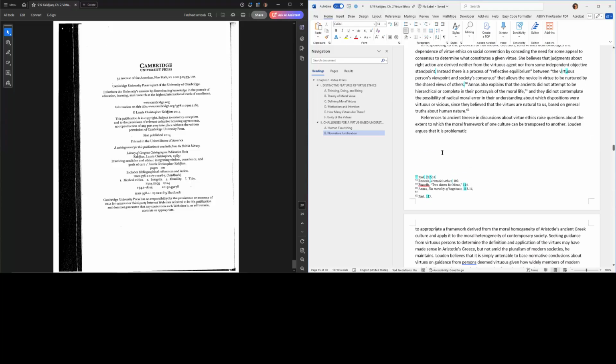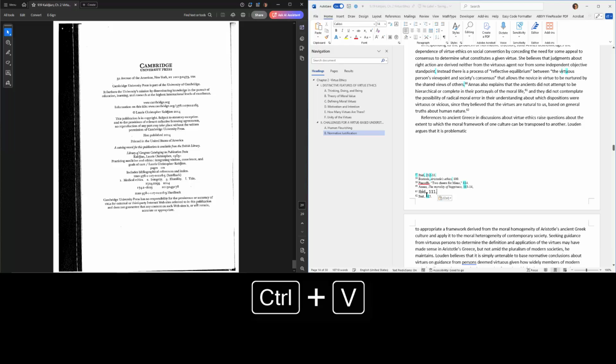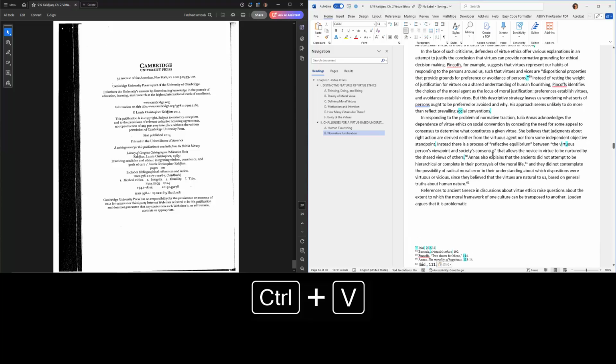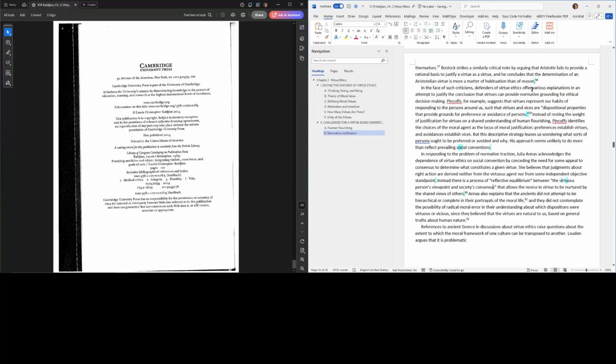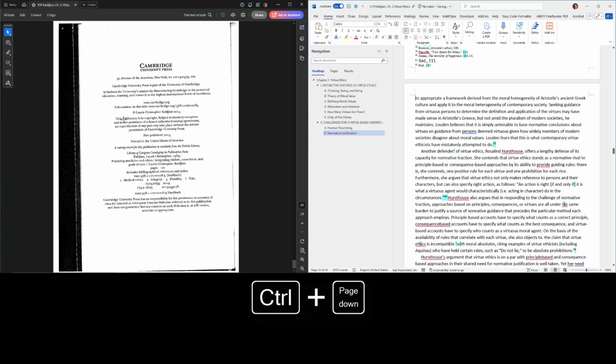And 61 footnote is where I was. So paste that text, and that may be it for this page. Yes, just checking the blue areas. Control Page Down for the next page.